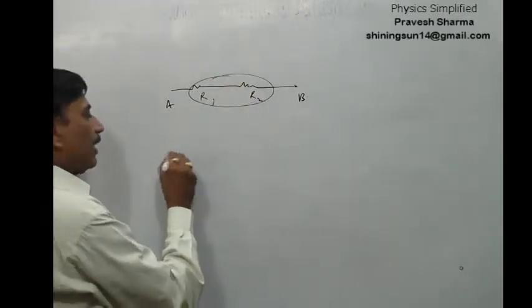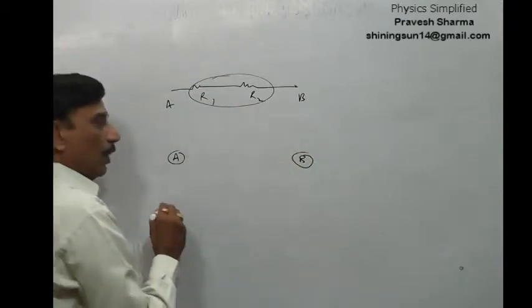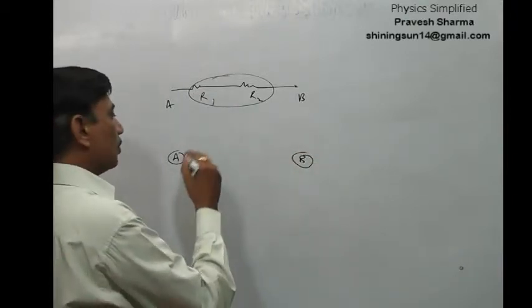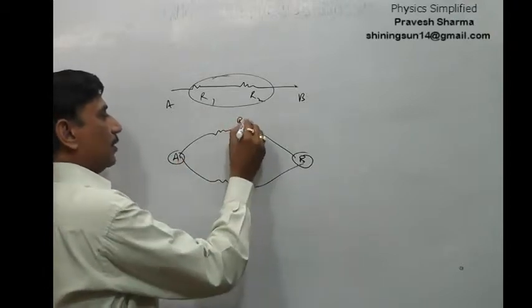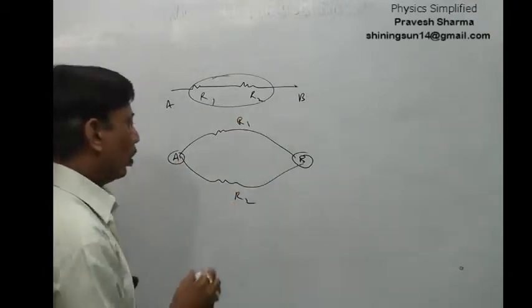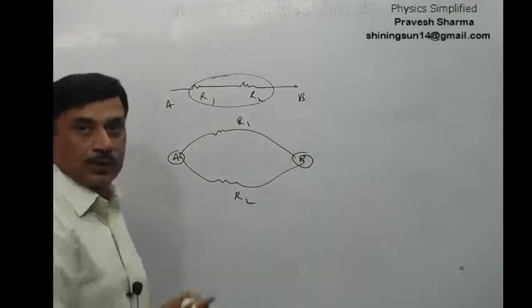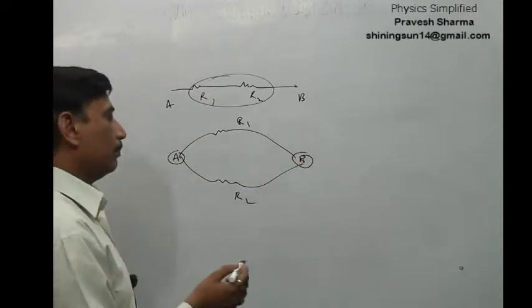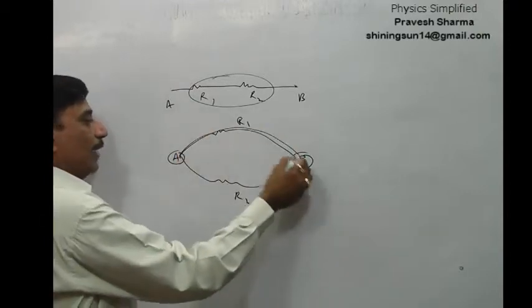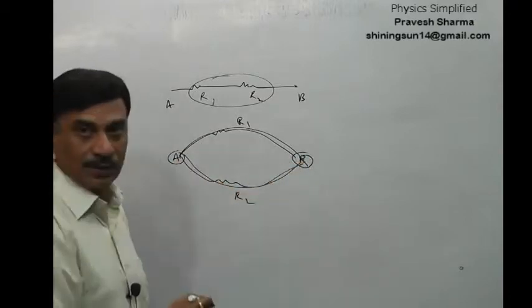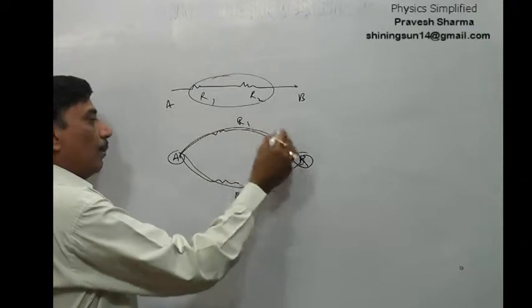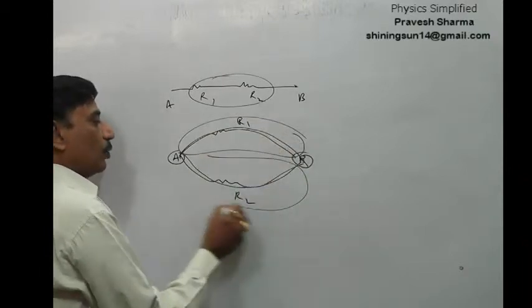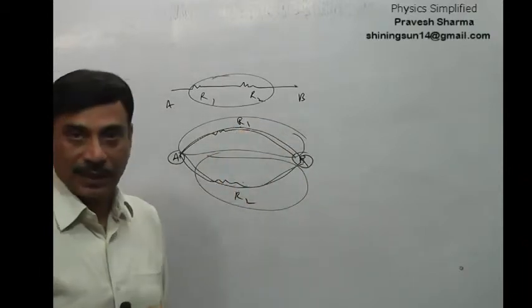Whereas if you are going from point A to point B and you have two or more options, like one is this, the other is this resistance. This is R1 and this is R2. So from point A to point B, how many possibilities are there? Either you can go via this path or you can go via this path. So you have two options to go from point A to point B. Then these options and choices are parallel. So this and this resistance are in parallel.